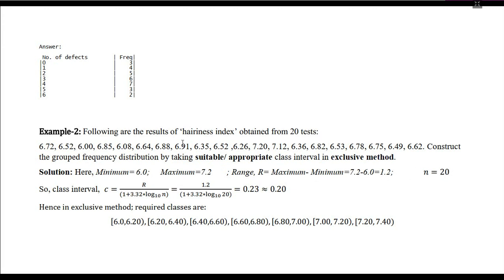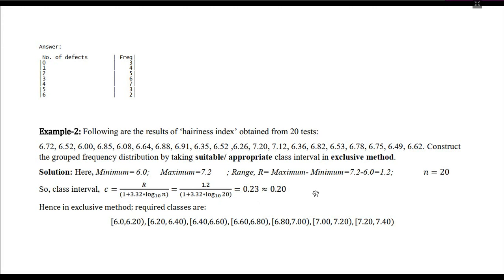So at first we have to take a suitable class interval. The formula for suitable class interval, which is the most used formula everywhere, is Sturges' rule. Here the formula is C, that is class interval, equals R divided by 1 plus 3.32 times log base 10 of n. So using a calculator, we have this number